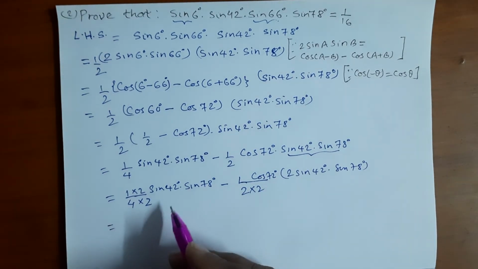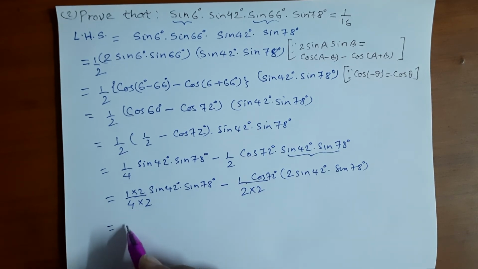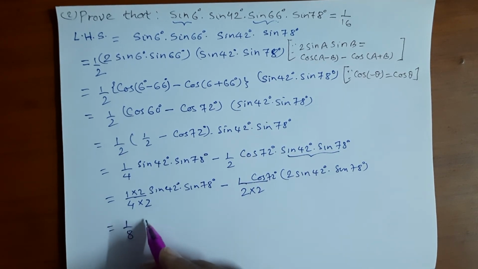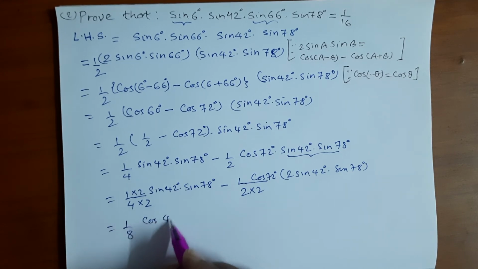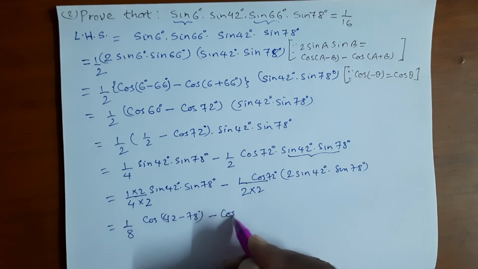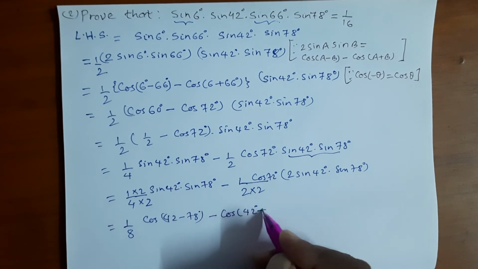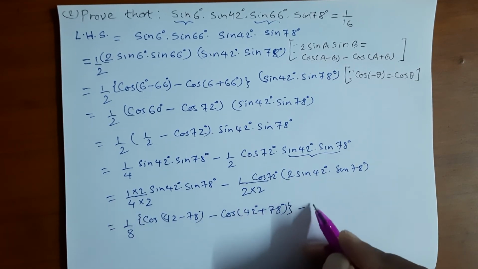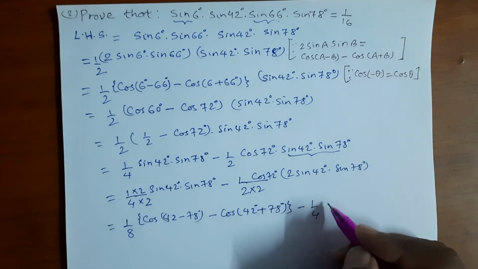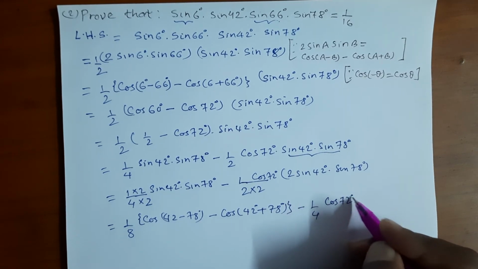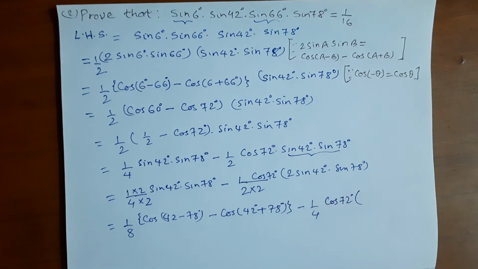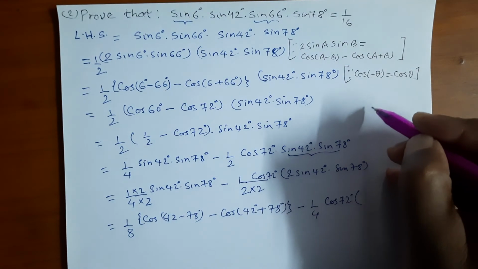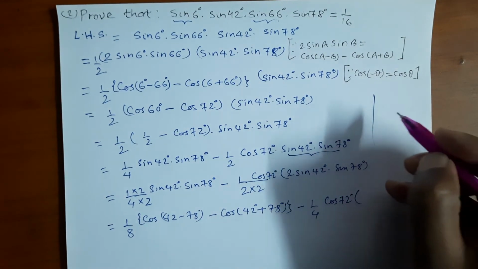Okay, now using 2 sin A sin B formula here as well, that is 1/8 {cos(A minus B), that is 42 minus 78 degree, minus cos(A plus B), 42 plus 78 degree}, minus 1/4 cos 72 degree. Here also we can use 2 sin A sin B formula,